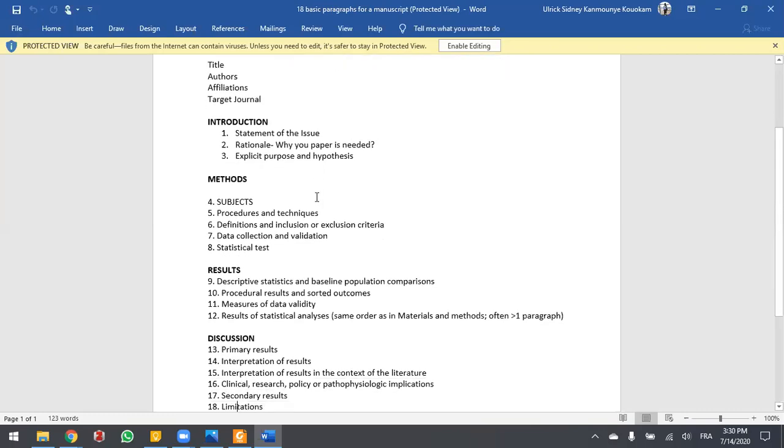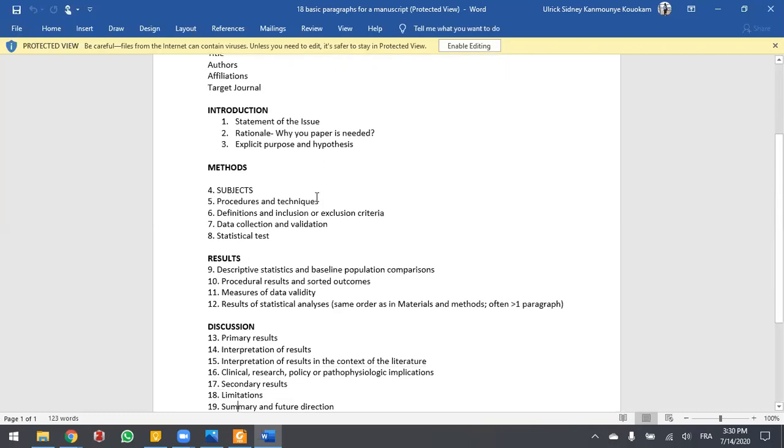And your discussion, this is where a lot of people, in my experience, have faults. So first paragraph, primary results. What are the key results? What did you find? Avoid restating the results. Don't go in the discussion and give your percentages again plus the ends, and no. Otherwise it reads again like the results. This is very different from writing a thesis, very different. So just give the key results.